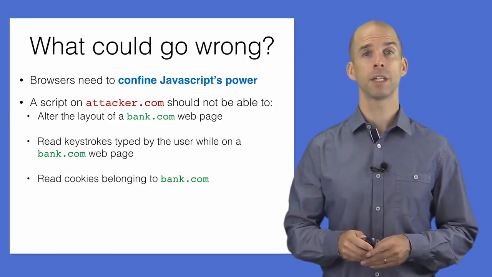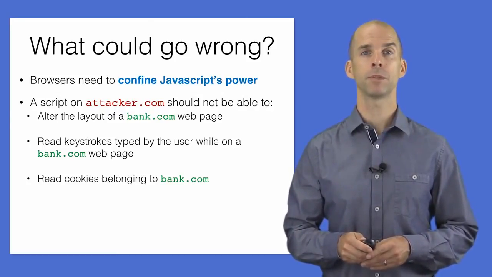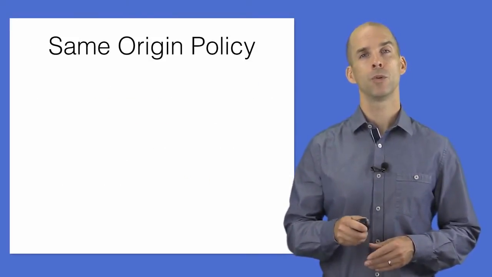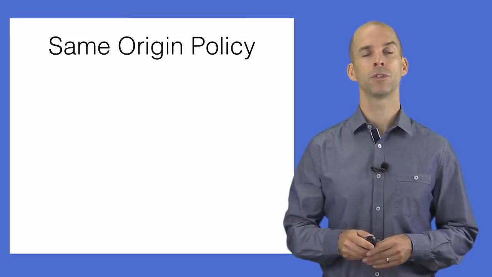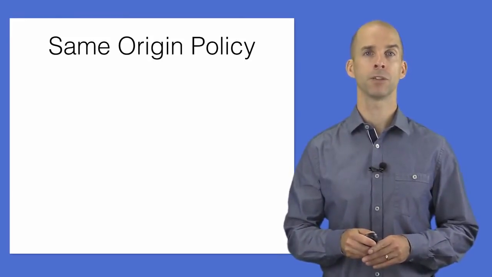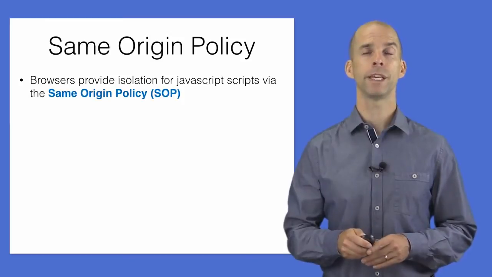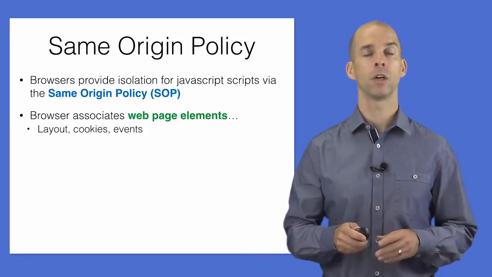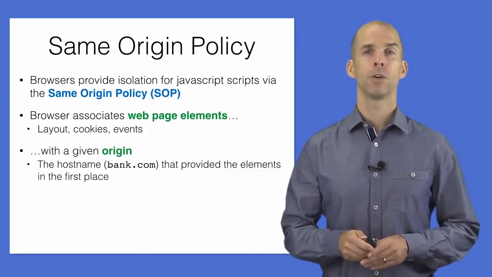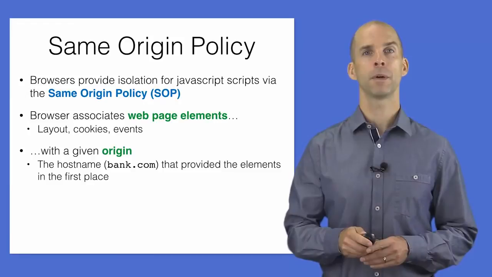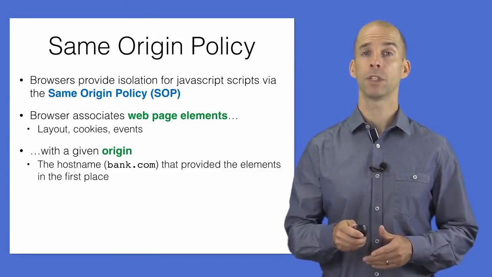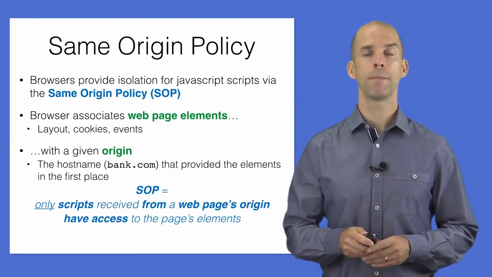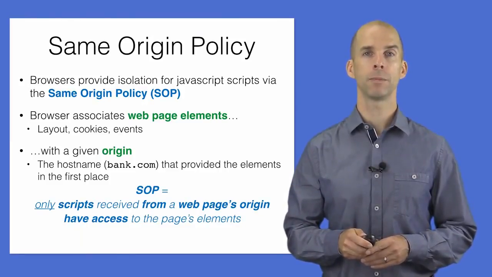If cookies include session identifiers, then the attacker.com script could issue web requests as if they were from the authenticated user. To avoid these problems, browsers implement the so-called Same Origin Policy, or SOP. The browser associates the elements of a web page, including its layout, cookies, events, and so on, with an origin. The origin is primarily defined by the host name that the web page originated from, for example, bank.com. The Same Origin Policy states that a web page's elements can only be accessed by scripts with the same origin